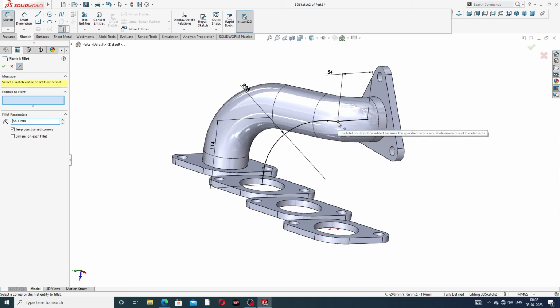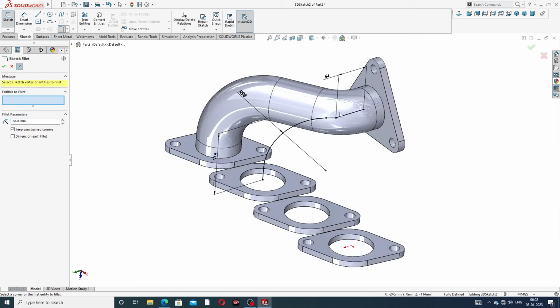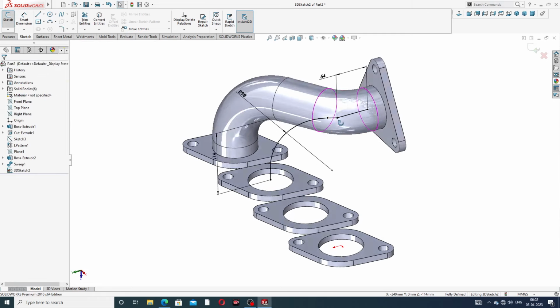The fillet could not be added because the specified radius is more, okay, 36, okay,